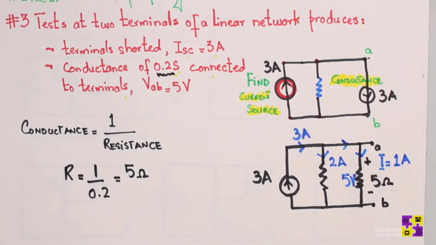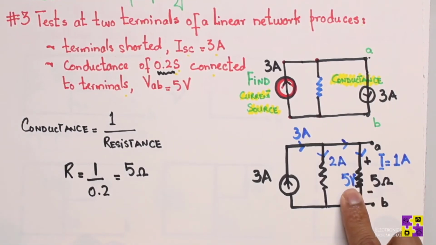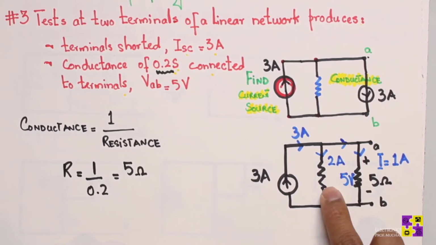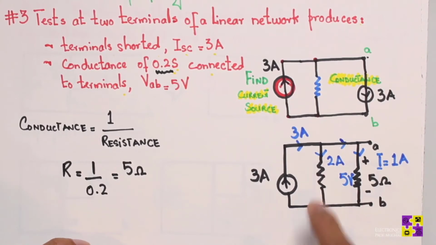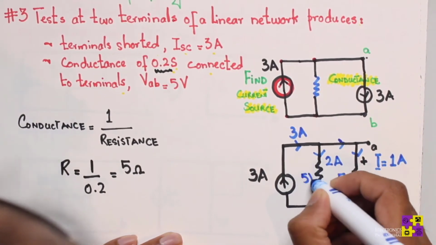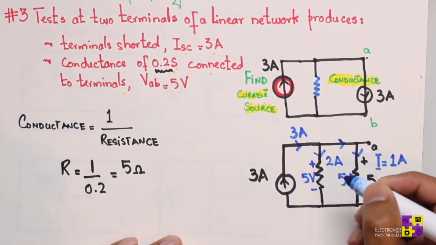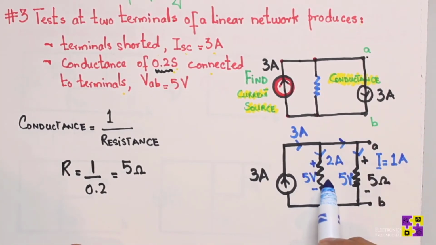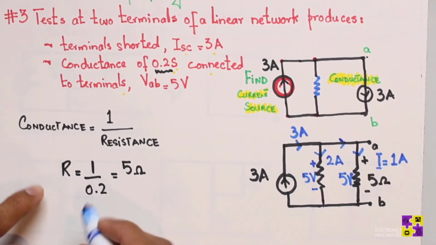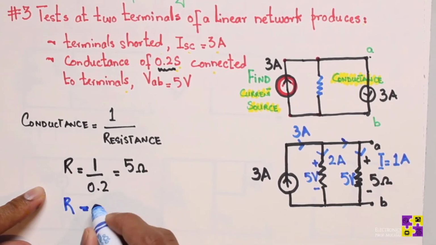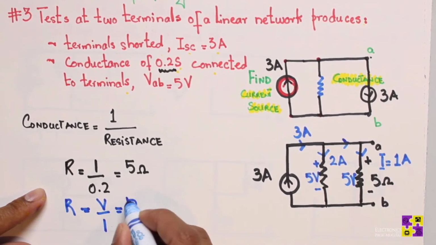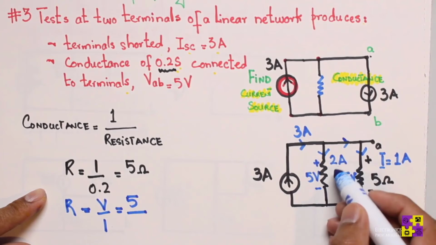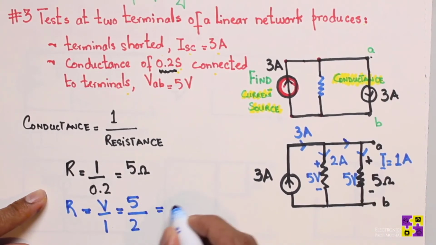Now, because the voltage here is 5 volts and the two resistors are parallel with each other, and we know that in a parallel configuration the voltage is the same, the voltage here is 5 volts as well, correct? I can simply find the resistance of this resistor by using Ohm's law. R equals V over I. V is 5 volts, current is 2 amps, and if I do the math, I basically get